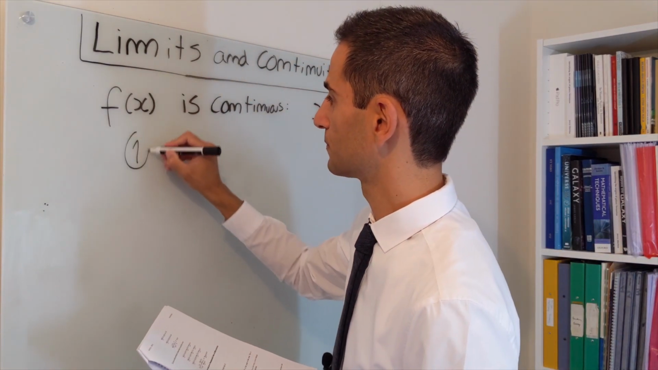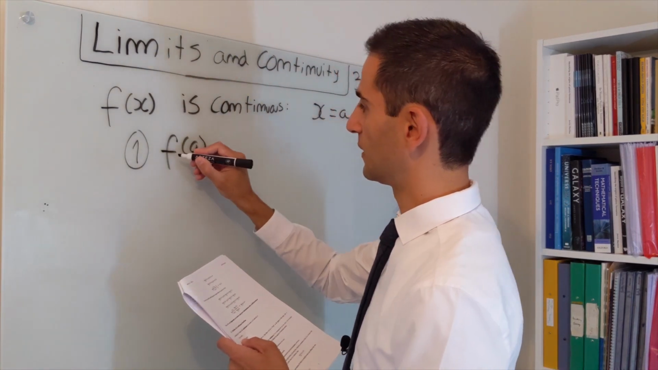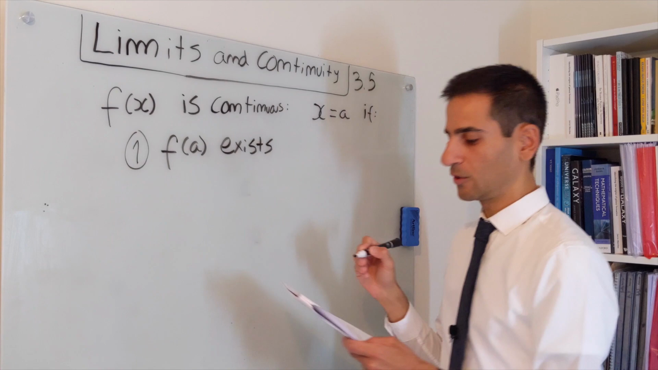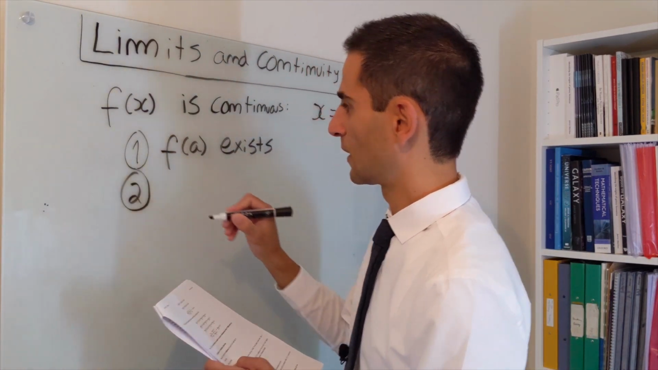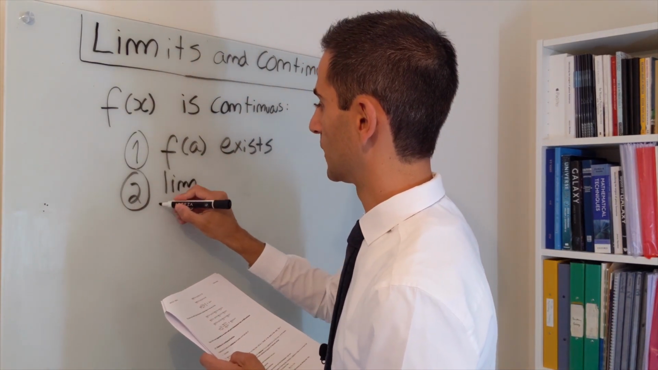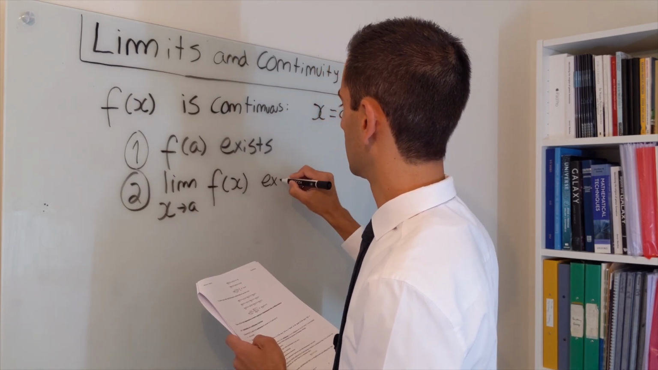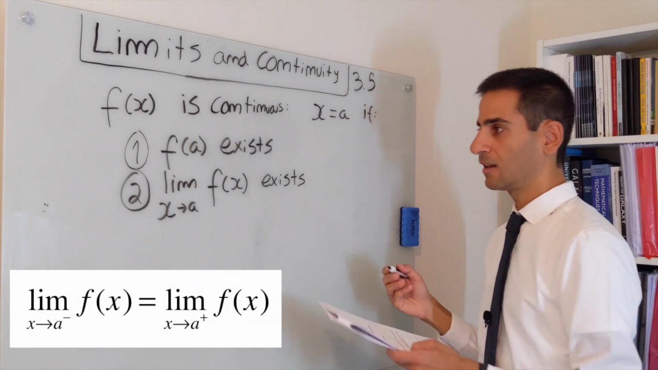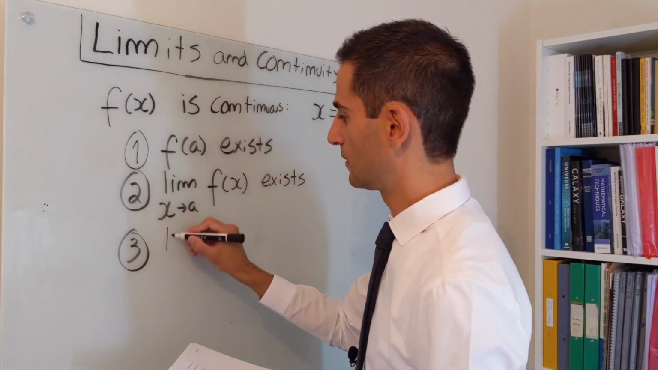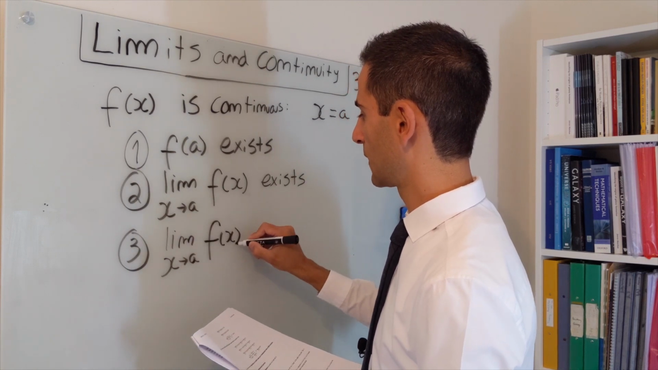Number one, the function needs to be defined at this point, meaning f of a exists. Number two is to do with the limits. So the limit must exist, the limit when x tends to a of f of x exists. And finally, the limit when x goes to a of f of x must equal